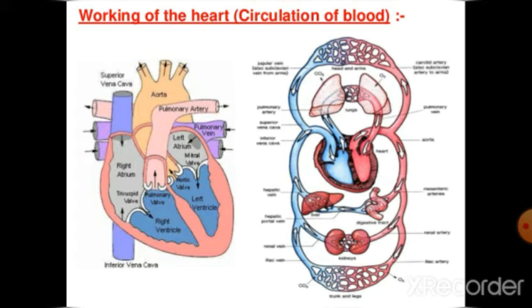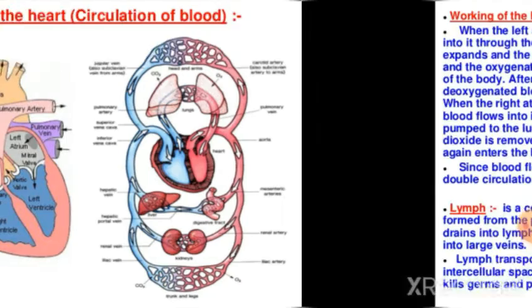The next topic is the double circulation. Our heart receives the blood two times during each cycle. That is the double circulation. First, deoxygenated blood is received by the right atrium. That is the one time, and the second time, the oxygenated blood from the lungs is pushed back to the heart, and from there it is transported to the body. So that is the second time. So the same blood is received by the heart two times during each cycle. This is the concept of double circulation.